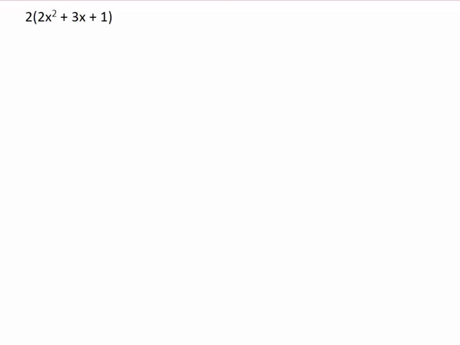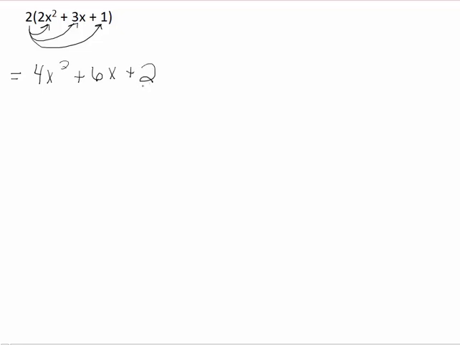Our second example here is 2 times a polynomial, 2x squared plus 3x plus 1. So again, to get rid of those brackets, the first thing we have to do is our distributive property. So 2 times each of the terms within the bracket. So 2 times 2x squared, 2 times 3x, and 2 times 1. So again, we know we multiply the coefficient out front by each of the numerical coefficients of the terms within the brackets. So we get 4x squared plus